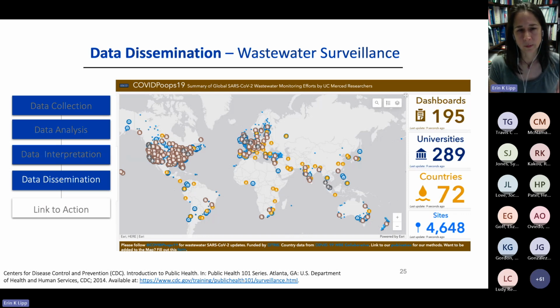This group is tracking 195 separate dashboards. 289 universities in particular have been monitoring their campuses. It's in 72 countries and over 4,500 specific sites. It's really phenomenal to think about the scale at which this type of surveillance grew from having virtually nothing that was long-term in 2020 to what we have now. And of course, in the US,